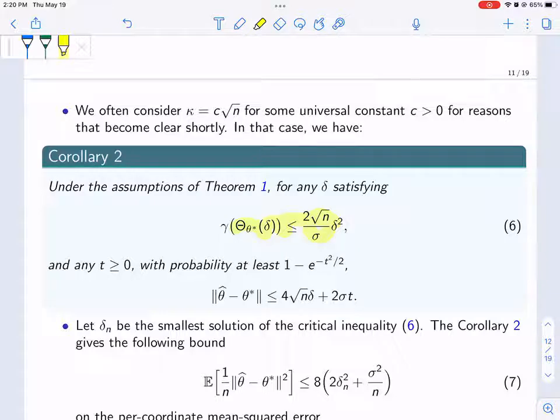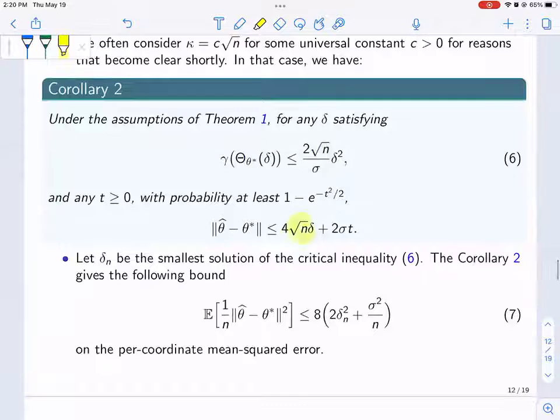Then it's easy to see that if you just replace kappa with 2 root n, you get something like this. And then if you look at the expectation, it would be the squared plus the sigma squared. And then if I divide by 1 over n, the result would be like that. So delta n is